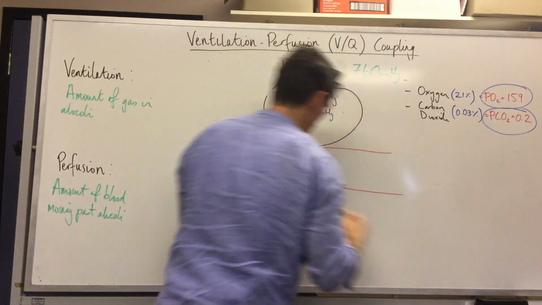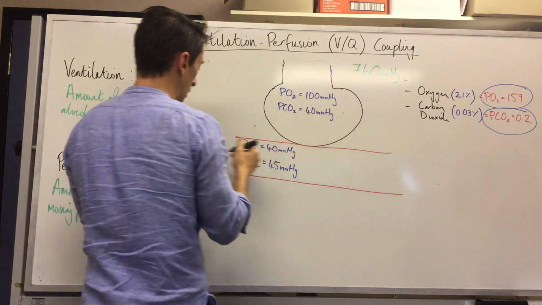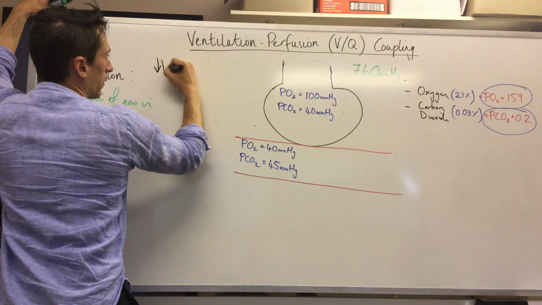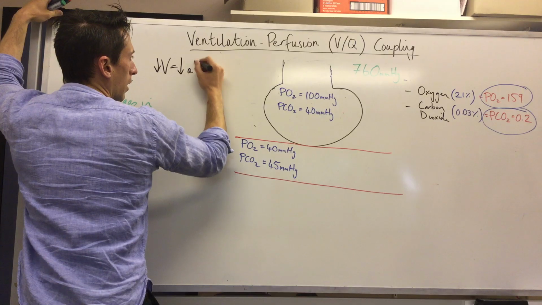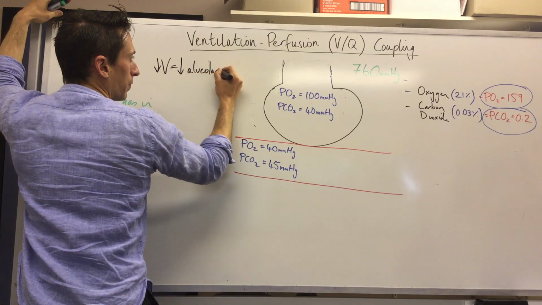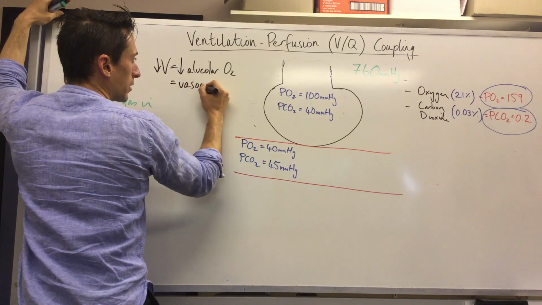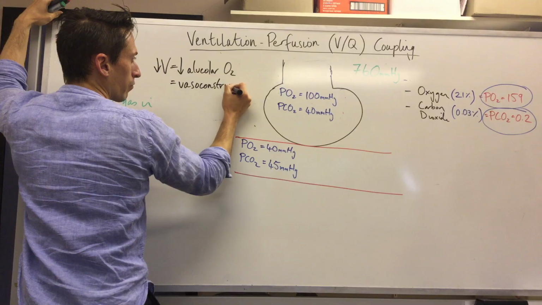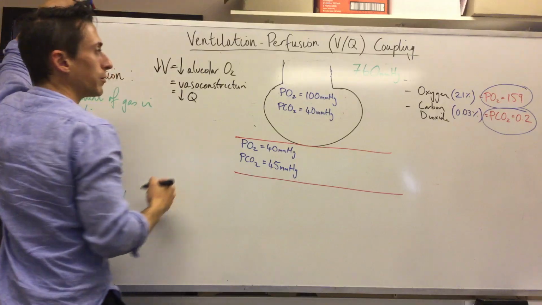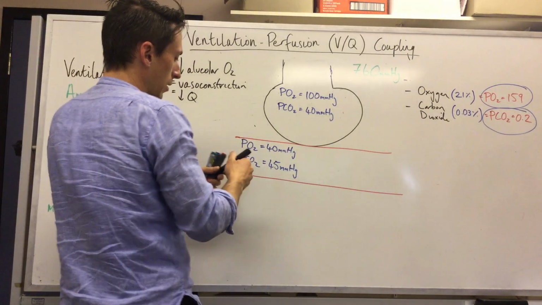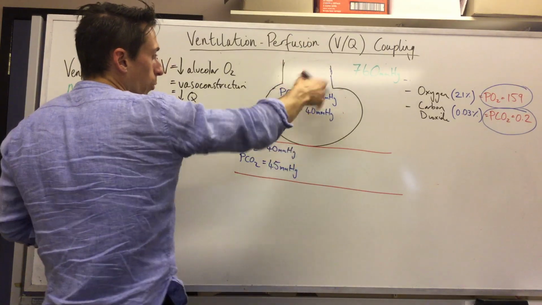So let's make the statement that a drop in ventilation equals a drop in alveolar oxygen, which equals vasoconstriction, which equals a drop in perfusion. Okay? Now let's just say that this person, ventilation is fine, it's perfect, the airways are well ventilated, but they've